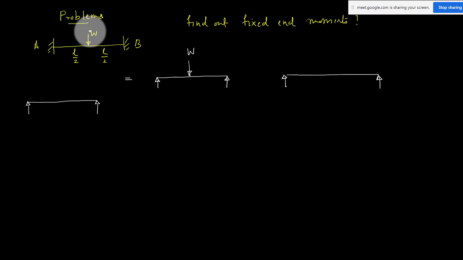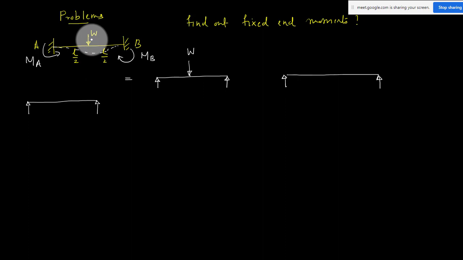So you know, if you apply a load like this, your beam is going to deflect something like this. There will be a fixed moment MA at this end in the anti-clockwise direction, and the fixed moment at this end should be in the clockwise direction, MB. And if you see this beam, what is the specialty? I have a fixed beam, both ends are fixed, and the load is acting exactly at the center. That means it is symmetric loading.